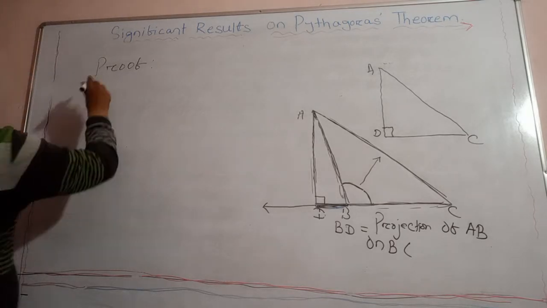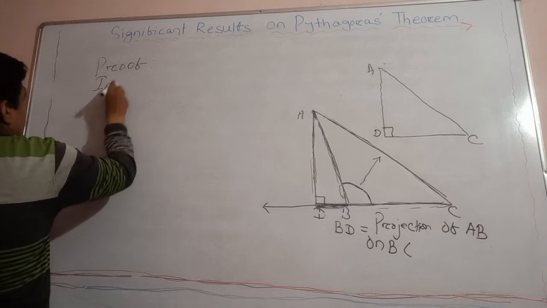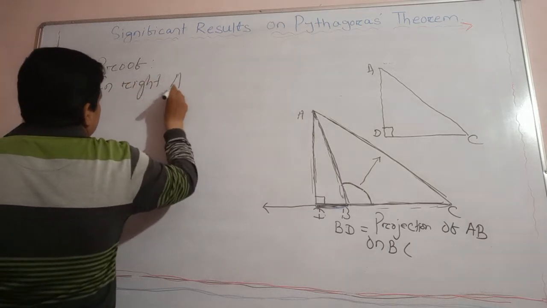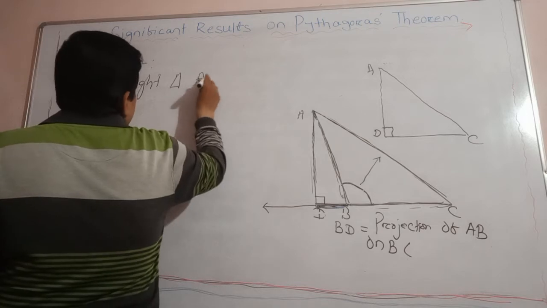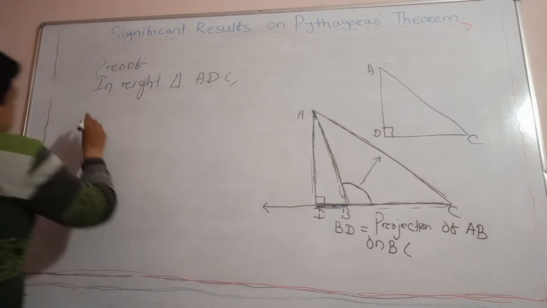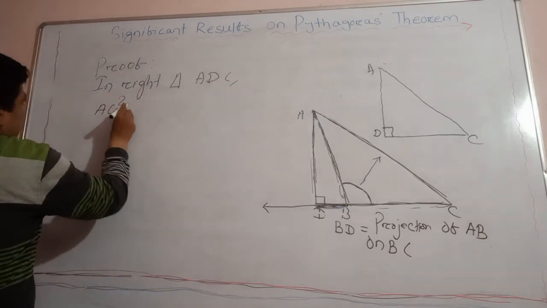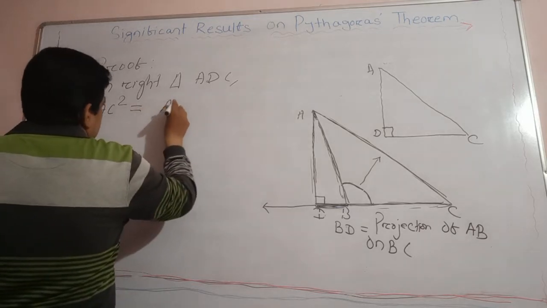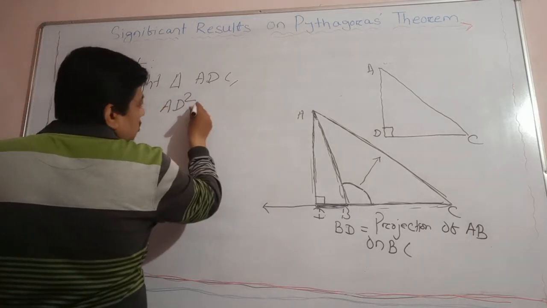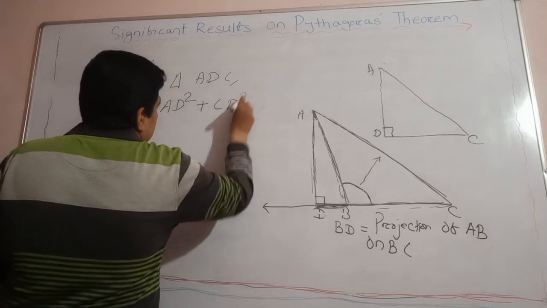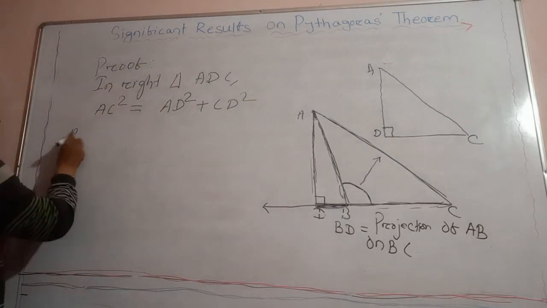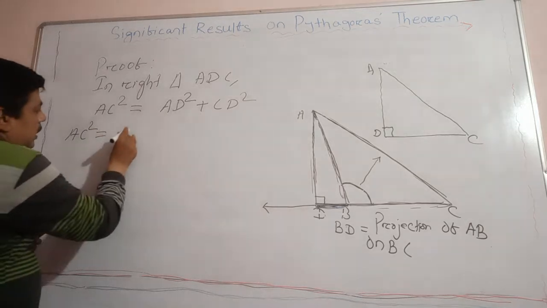So in right triangle ADC, look at. So AC is the hypotenuse, square of the hypotenuse is equal to sum of the squares of other two sides. So other two sides AD square plus CD square. This is in accordance with the Pythagoras theorem. So AC square is equal to AD square